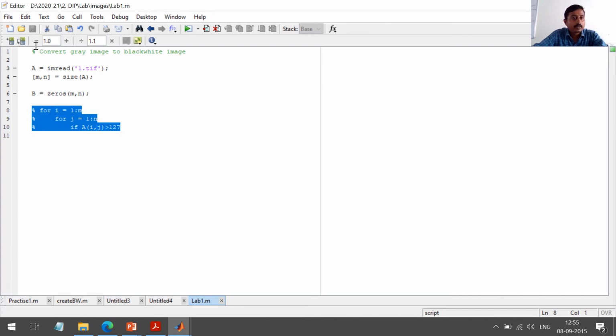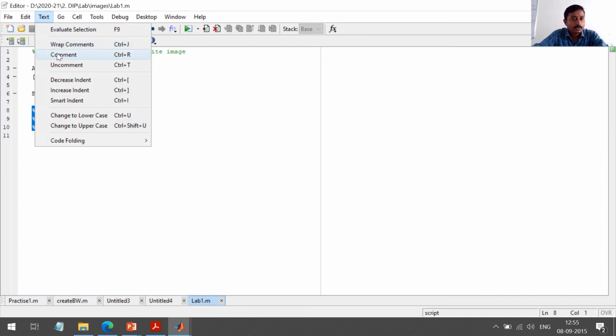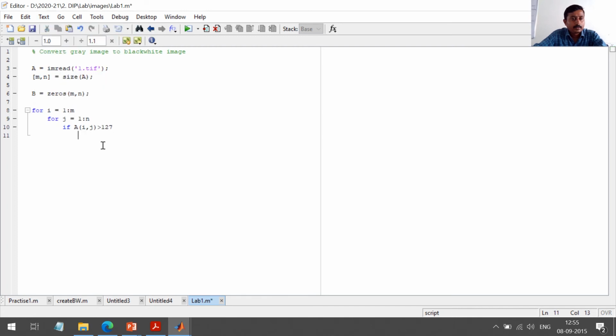Now I will apply the logic of thresholding. If it is greater than 127, we have to assign the value 1, else it will have zero value only.